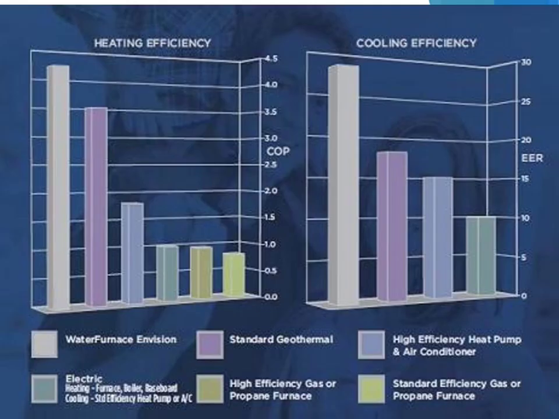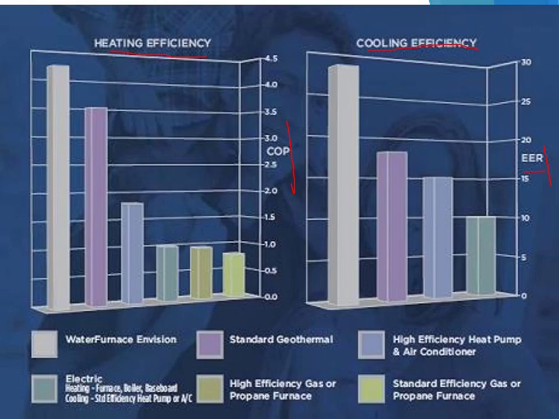This is basically the graph which will help you to understand it more efficiently. This is the graph of heating efficiency. This is a graph of cooling efficiency. These are the COP values. What is COP? The coefficient of performance. And this is the EER value. This is the same thing as COP. For cooling efficiency, we term it EER. For heating efficiency, we term it COP. What is EER? EER is energy efficiency ratio.